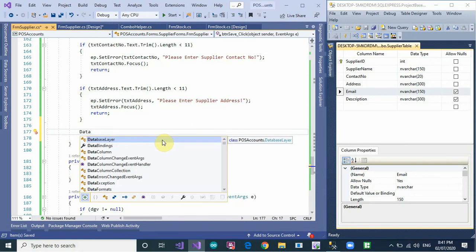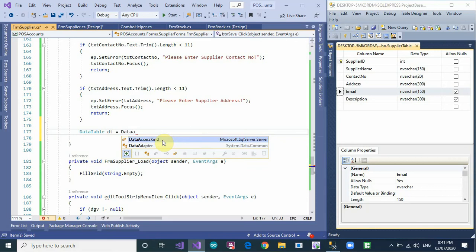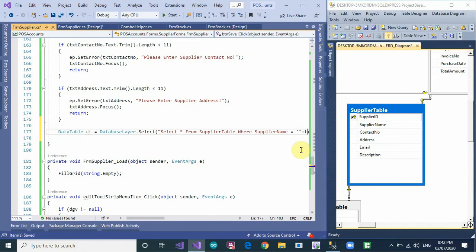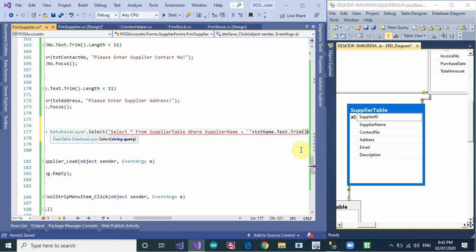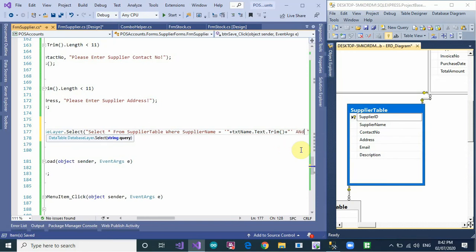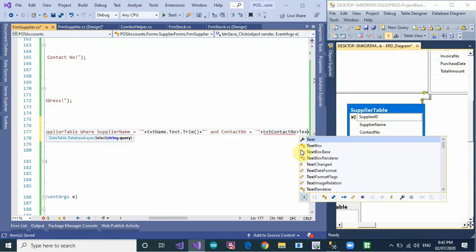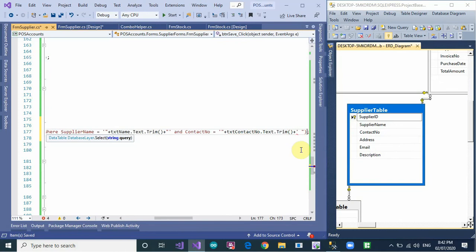Then otherwise for check duplicate, so data table dt is equal to data access database layer dot select star from supplier table where supplier name is equal to txt name dot text dot trim, and then contact number is equal to this one, txt contact number dot text dot trim. Okay, so now